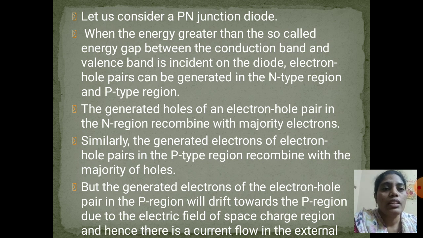The generated holes of an electron hole pair in the N region recombine with majority electrons. Similarly, the generated electrons of electron hole pairs in the P-type region, they recombine